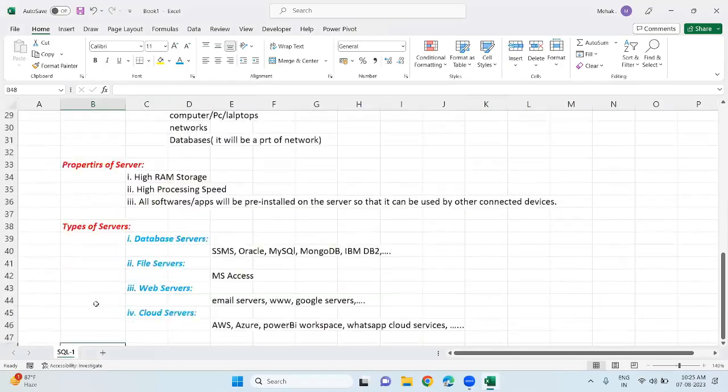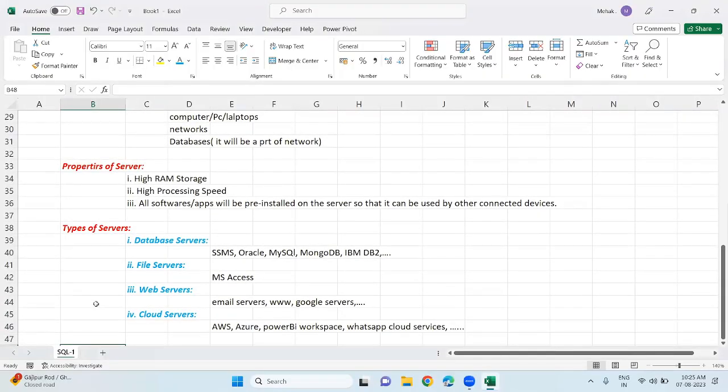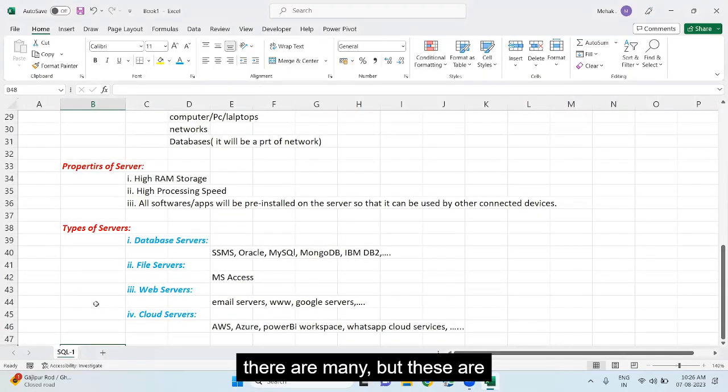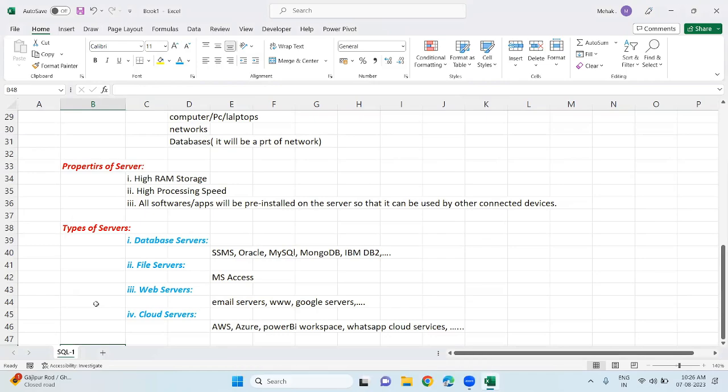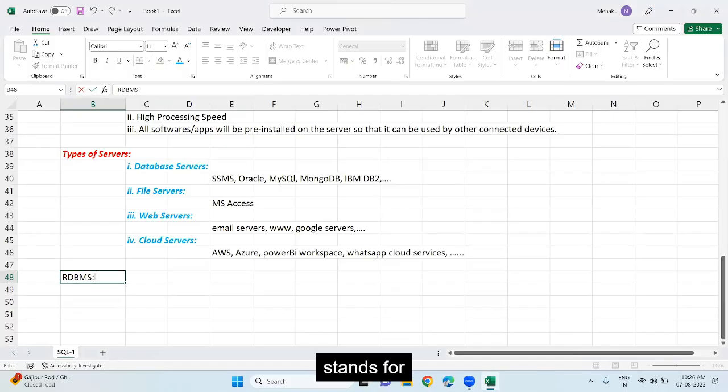Any doubt in the server's terminology? There are many, but these are the four main. Okay. Next term is RDBMS. Stands for